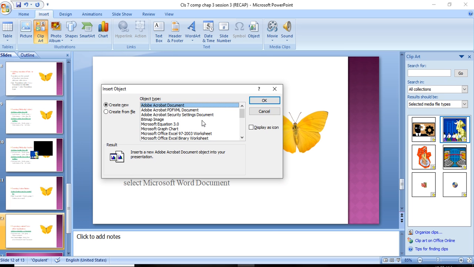Select any one of the documents. If you want to insert any Excel chart, you can click on this. To insert any Word document, click on the Microsoft Word document.